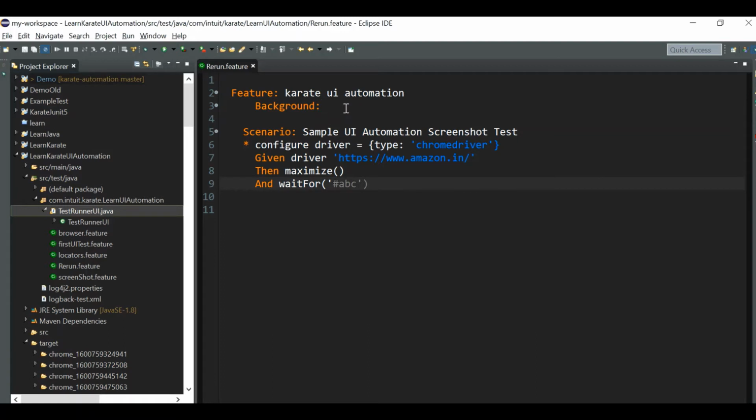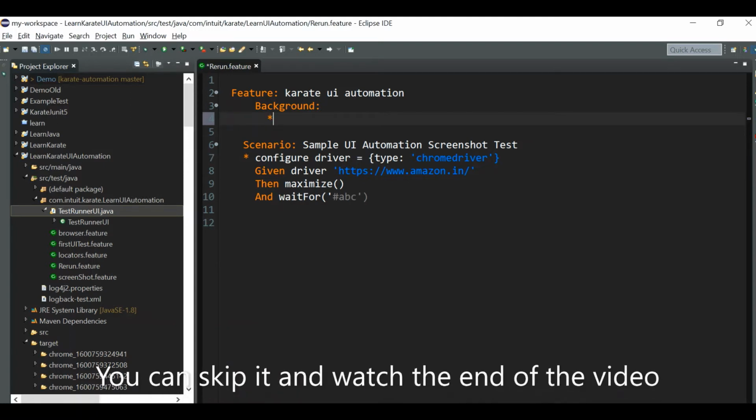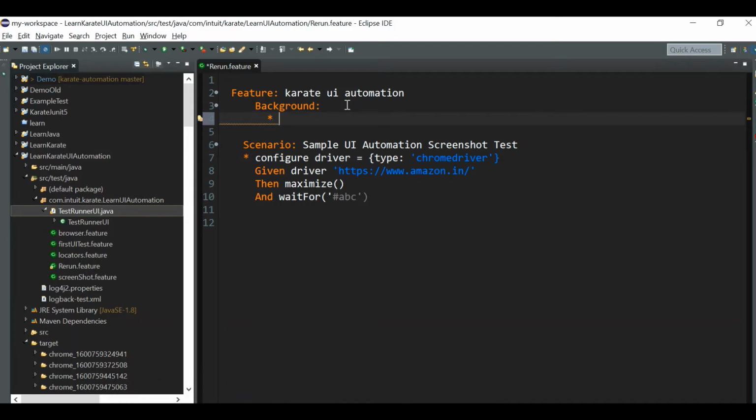What we can do is use the Karate hooks concept, that is configure after scenario. You can go through the Karate hooks concept. So we have a configure after scenario. Whatever you have written in the configure after scenario block will be executed after running your scenario. For those who have already watched my how to take the screenshot in the Karate UI automation series, you can skip this portion up to some extent. Okay, let's write configure after scenario